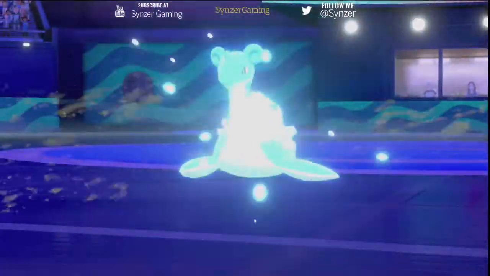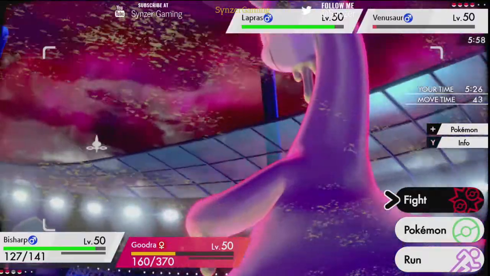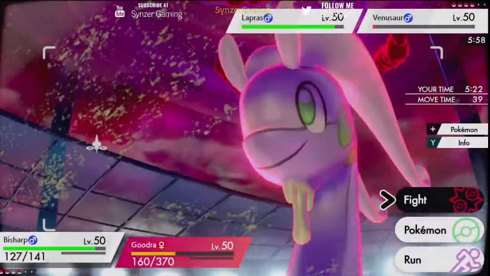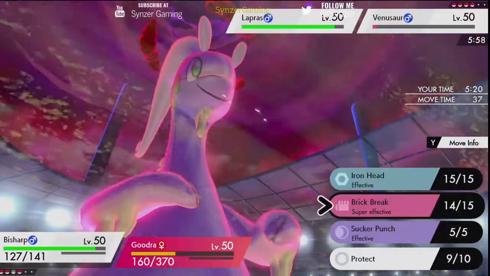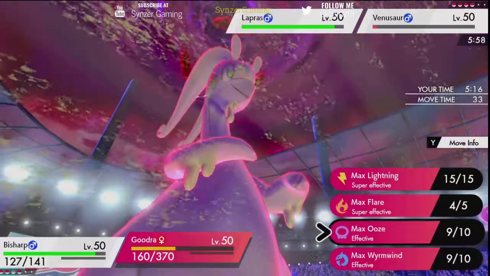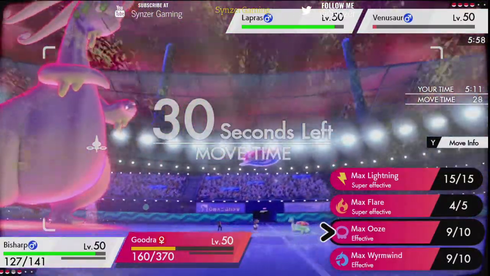But I still have Tailwind. So now I gotta figure out what I want to do here. Let's see who they got. Okay, yeah, doing a Brick Break on Venusaur is the best option. Unless they get the double protect, and then what I'm gonna do